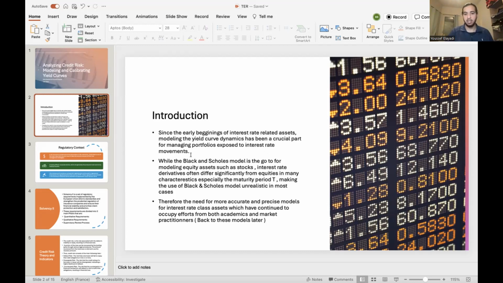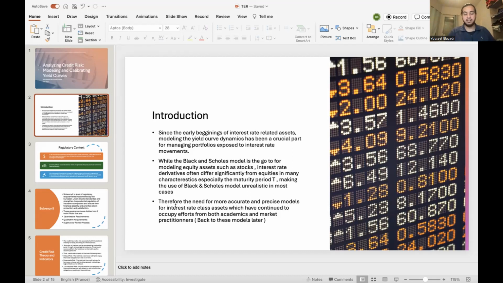While the Black-Scholes model is the go-to for modeling equity assets such as stocks, interest rate assets and derivatives often differ significantly from equities in many characteristics, and especially in the maturity date T, which is significantly higher in interest rate class assets and can go up to 20, 30 years, making the use of the Black-Scholes model unrealistic in most cases. Therefore, the need for more accurate and precise models for interest rate class assets, which have continued to occupy the efforts of researchers, academics, and practitioners,